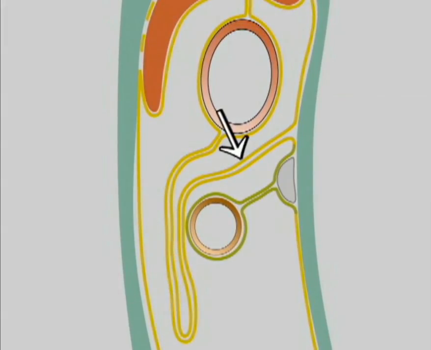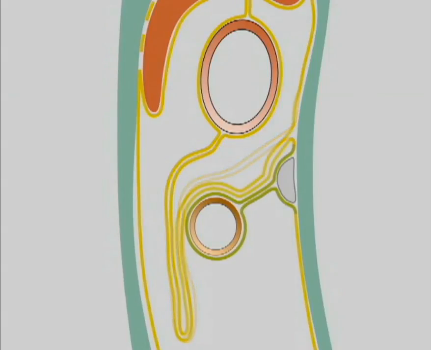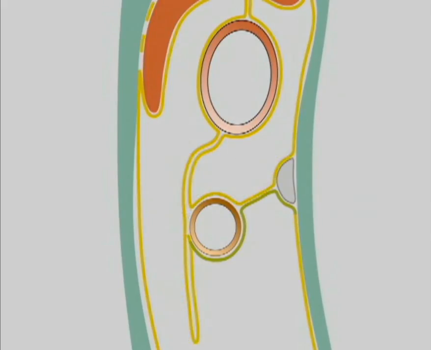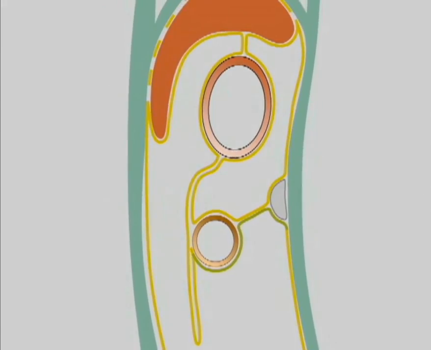The greater omentum and the transverse mesocolon come together, and the duplicated layers are absorbed, so that we're left with the greater omentum stuck to the transverse colon and hanging down below it. The lesser sac lies behind the lesser omentum, the stomach, and this part of the greater omentum, the gastrocolic ligament. Now that we've seen, in a very diagrammatic way, how these structures developed, you may find it helpful